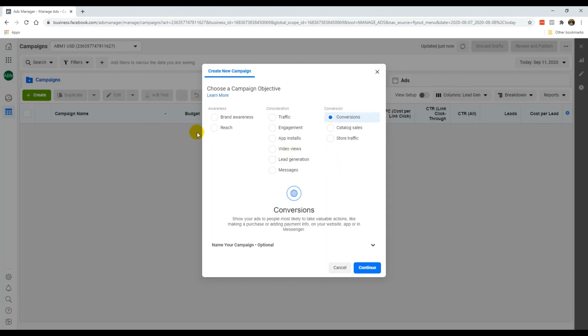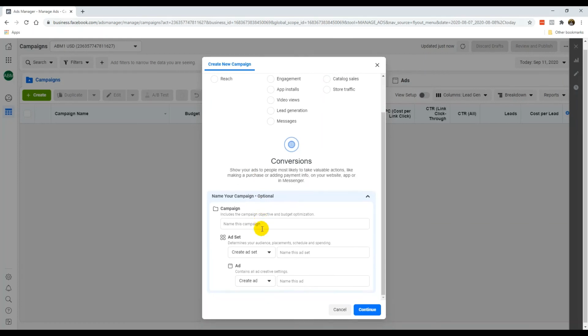I rarely choose any others. And if you're wondering why I don't want to do this, or what all these other campaign objectives represent, I'll explain that in another video. So right now, do first, understand later. Got me? Beautiful. All right, so we're going to choose conversions, and we're going to click this pull down menu